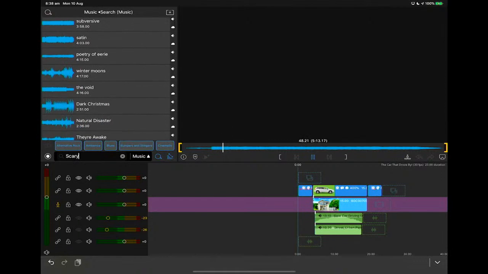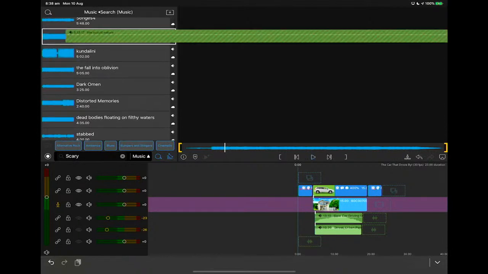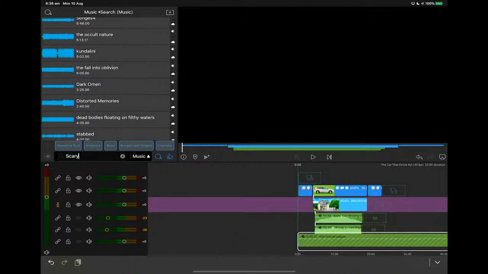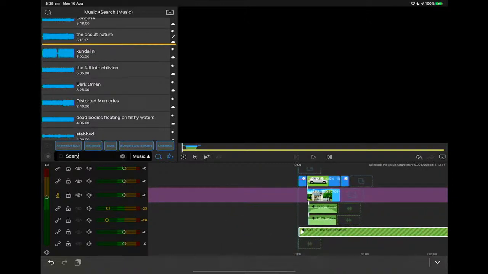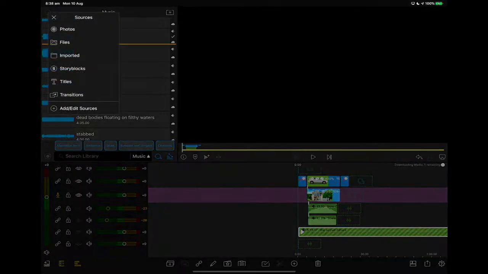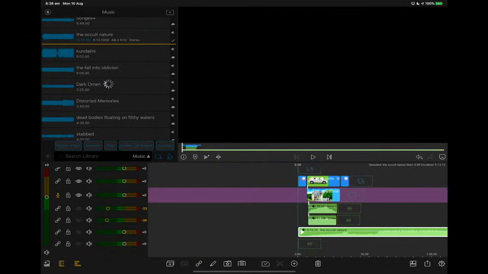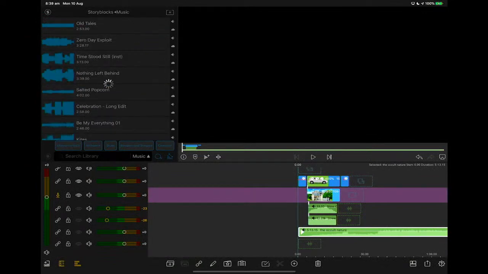Cool, I reckon we're going to add that StoryBlocks Audio, just for the sake of it. So down the bottom here, I'm going to add this. You get 6 audio tracks and 6 video tracks, so you can see there's plenty of room to add stuff. Now this is downloading that file because, as you can see from the progress, when you add a file from StoryBlocks, it's actually downloading the media. Once it's downloaded, I showed this in the last episode, but I'll show you again. In StoryBlocks, it creates a folder right down the bottom